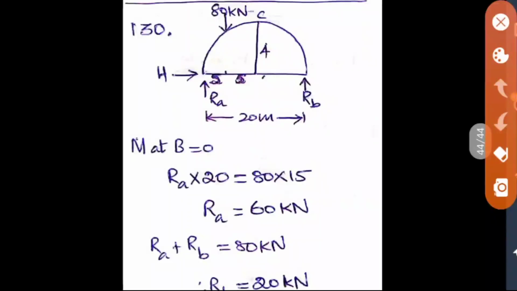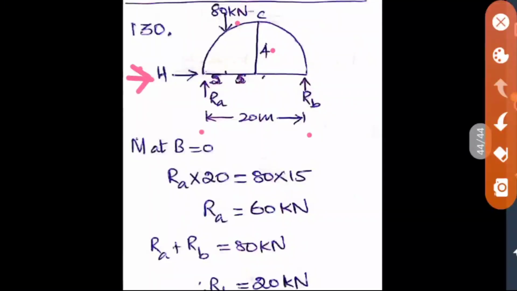So I have drawn the diagram here so that we can understand easily. So here comes the horizontal thrust at the left support, and then the reactions A and B will occur automatically at the left end and the right end. So this is a constant thing, and the value of rise, that is the crown, they have given us 4 meter, that is also written, and 80 kilonewton load acts at the left quarter. Left quarter means the whole span has to be divided into 4 quarters and in the left side quarter it has to be placed. So as it is a 20 meter span, I have divided it into 4 parts of 5 meter span, and in the left 5 meter span I have placed this 80 kilonewton.